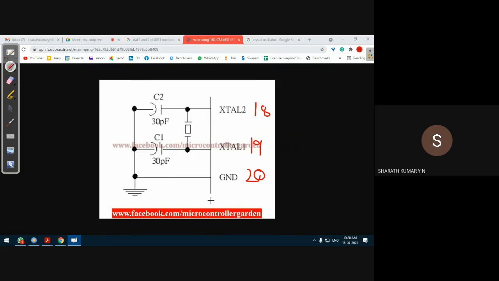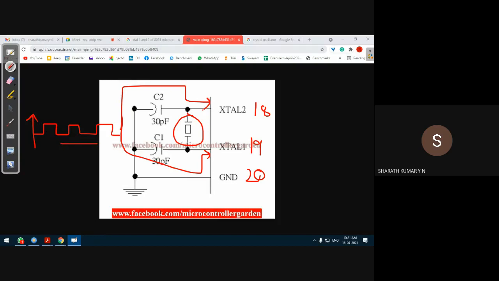There is one more method of providing the clock pulse. Let us say we don't want to use a crystal oscillator. We can use a standard clock pulse generator external to the microcontroller. We can interface that to either XTAL1 or XTAL2, not to both, either one of them. So if you have the clock source directly, you can straight away interface it to either XTAL1 or XTAL2. If you have a crystal oscillator, then convert that oscillation, that is the sinusoidal signals, into clock pulses using the oscillatory circuit available inside the microcontroller.